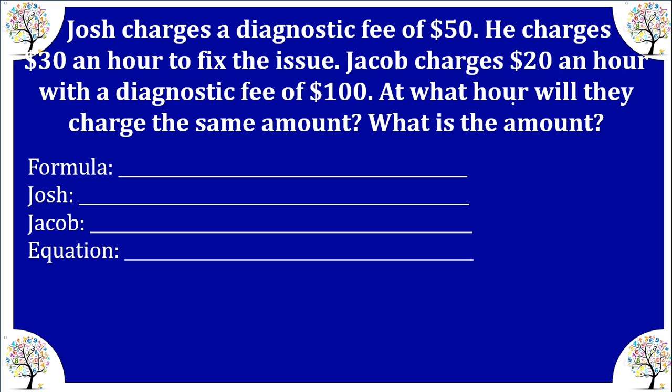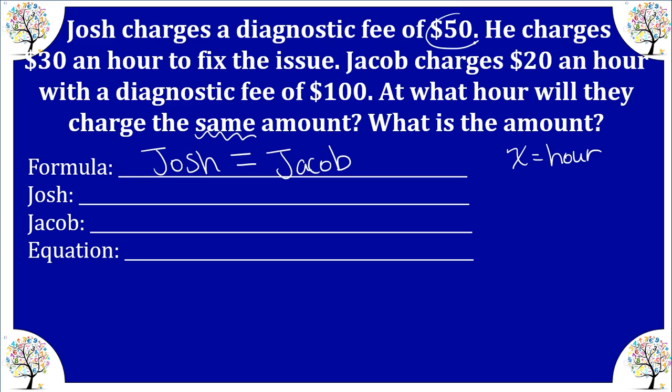So the question is, at what hour will they charge the same amount? And what is the amount? So let's let x be hour. So the formula is going to be, at what hour does Josh's cost equal Jacob's cost? To represent Josh, he has a $50 initial fee plus a $30 an hour fee, and x is hour. So we have 30 times x plus the 50, where Jacob is 20 an hour